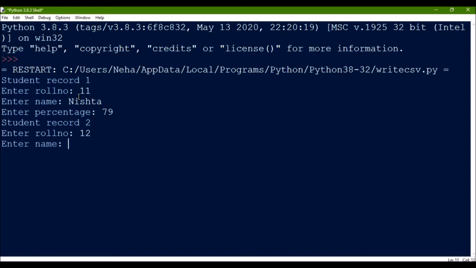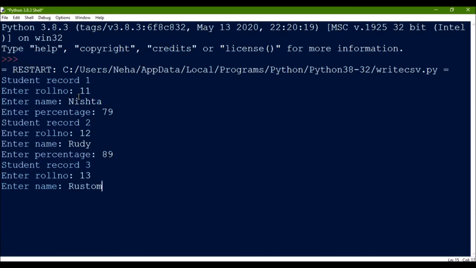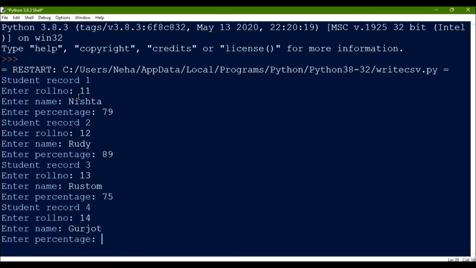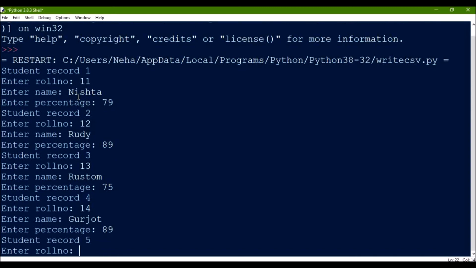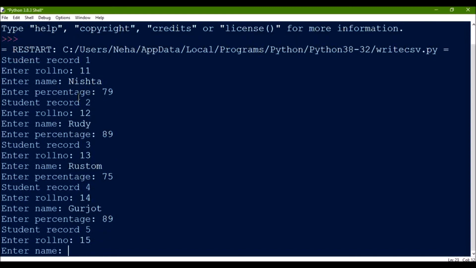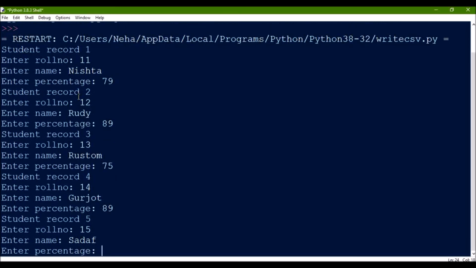Then I'll enter the second roll number, second name and the percentage. Then the third record, the fourth record, then the fifth record, the name, and the percentage.